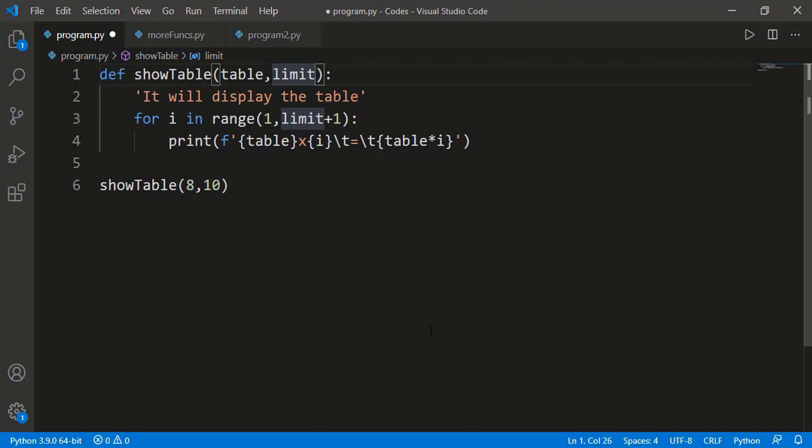Let's see how we can implement this in our created function. For the multiplication table, usually we have the limit of the table as 10. So it will be good if I set the default value of the parameter limit as 10. And that can simply be done by setting the input argument equal to 10 while defining the function. So now while using the function, if I want to have the limit of the table till 12, I can provide that and limit will be 12 now. And if I want to have the limit till 10, which is the default value set in the function definition, then I don't need to provide that and it will have the value 10.